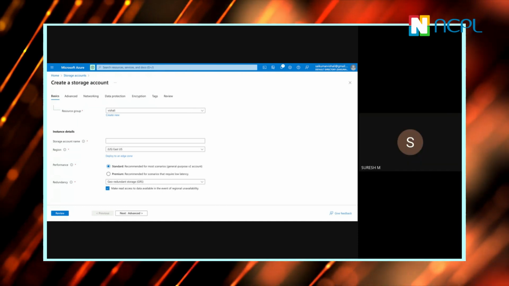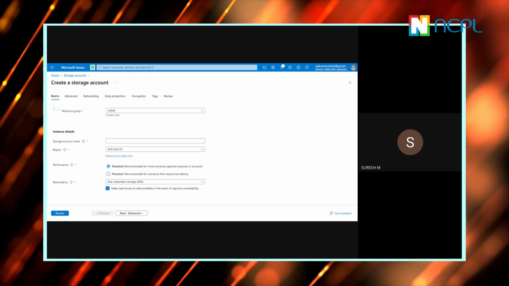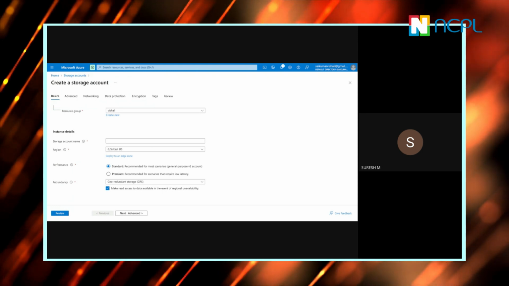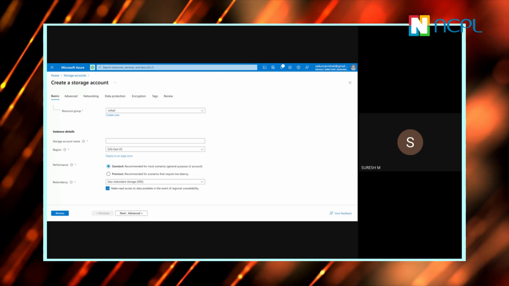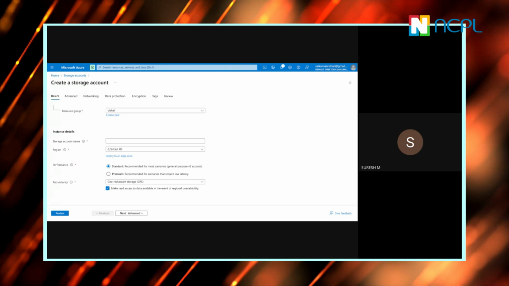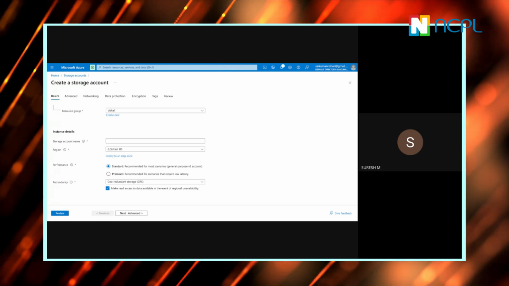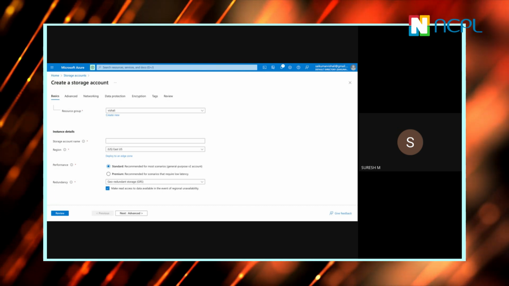Jay, just to make you aware, both can support all types of data formats. Supporting would not be challenging. Even if you are creating a blob storage account, if you upload anything inside the container, it takes any type of data. But what purpose are you going to use it for?